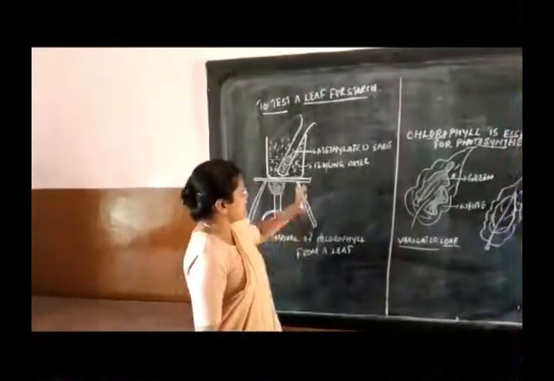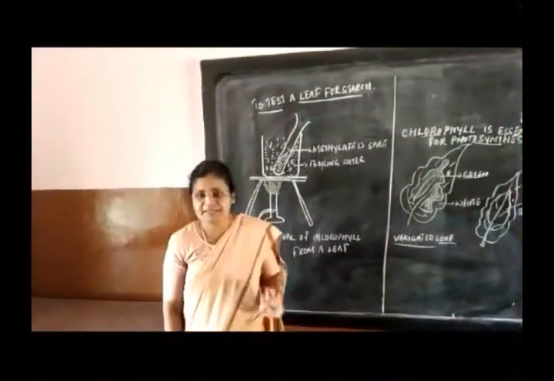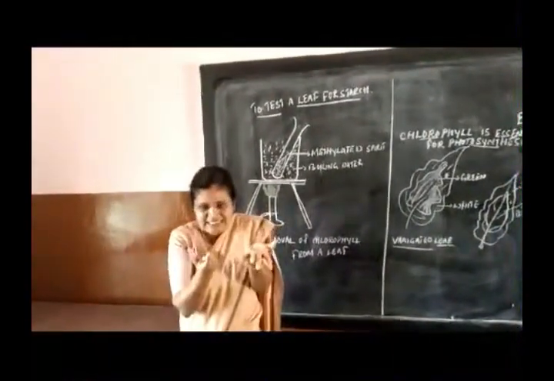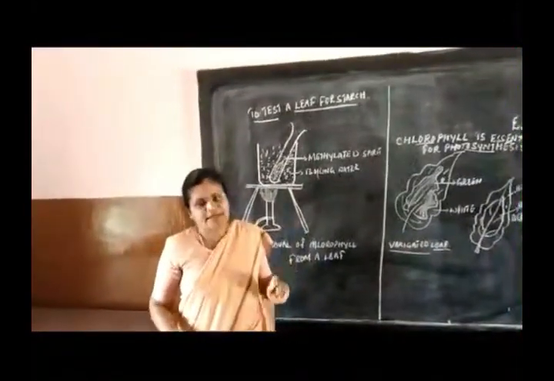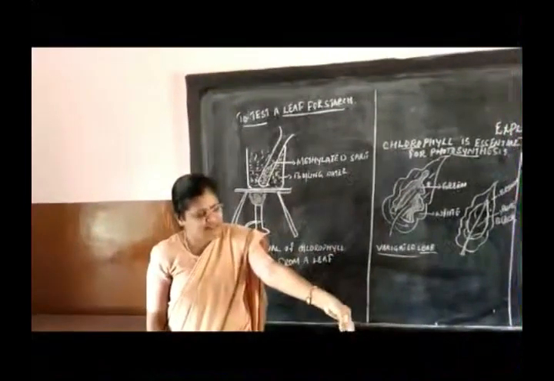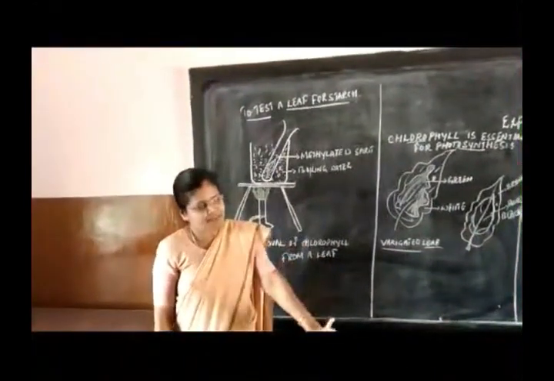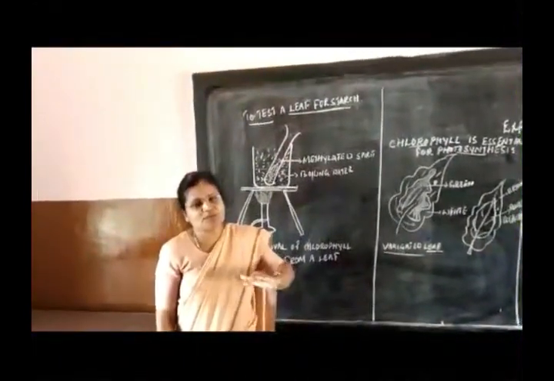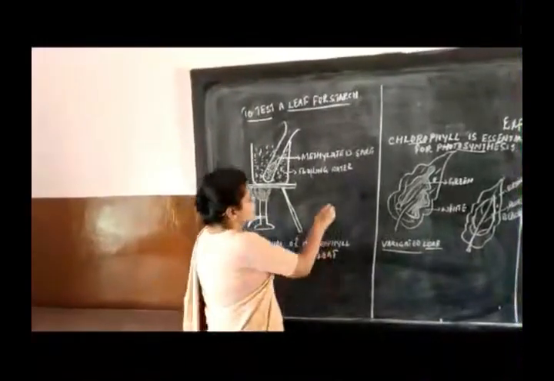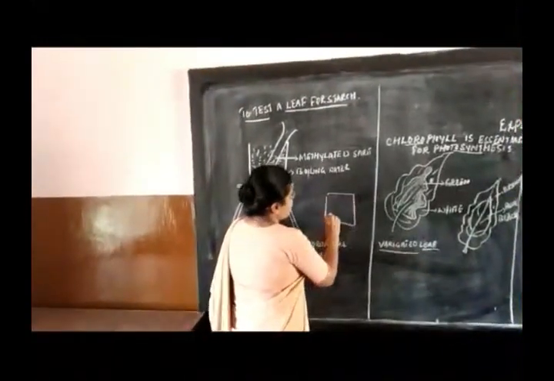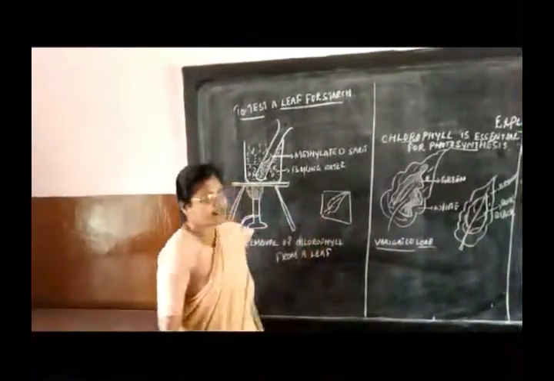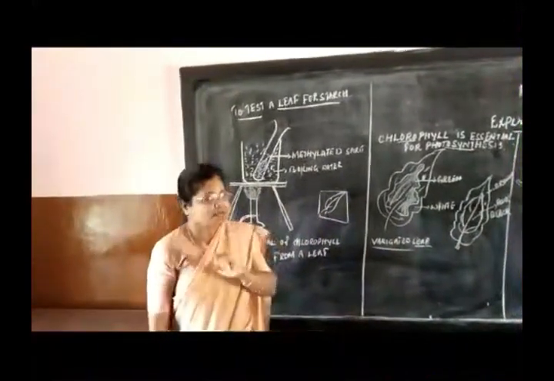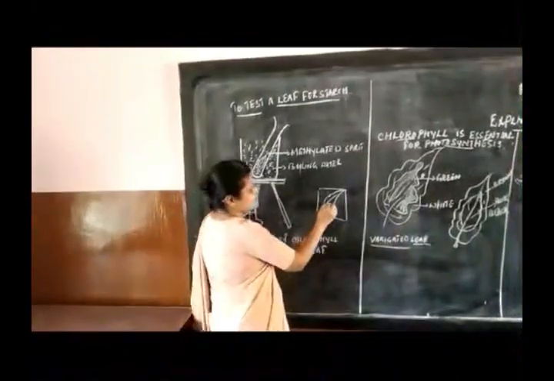The third step is, after that the leaf becomes hard and brittle. You know, brittle means it easily breaks. It becomes hard but easily breakable. So in order to make it smooth, we again dip it in hot water. Once you dip that leaf in hot water, it becomes smooth and soft. Then you take a small tile, any tile, place the leaf on it, and if starch is present, it turns blue-black. Now we pour iodine solution.